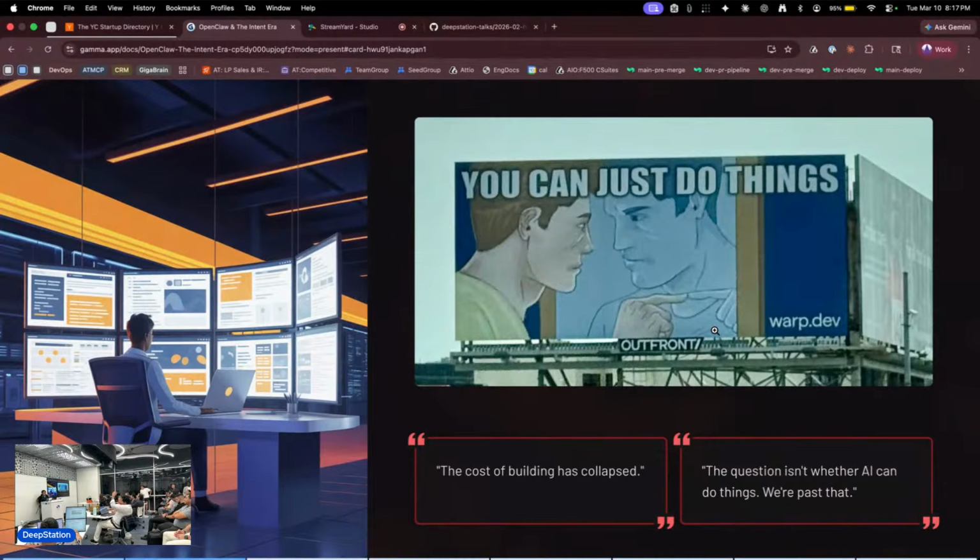But here's what nobody talks about, and I think we should. Last month, I asked an agent to configure a remote server. It set up everything perfectly. Firewall, VPN, services. Then when I asked it to change one setting, it edited the wrong server's config. My gateway crashed, looped 125 times, and the agent went silent. So you can just do things, but you can also just break things at 2 a.m., and your agent isn't